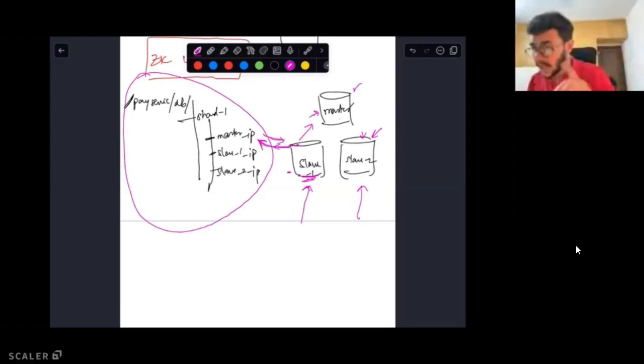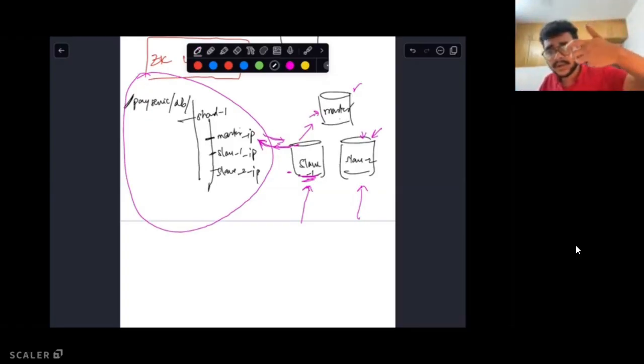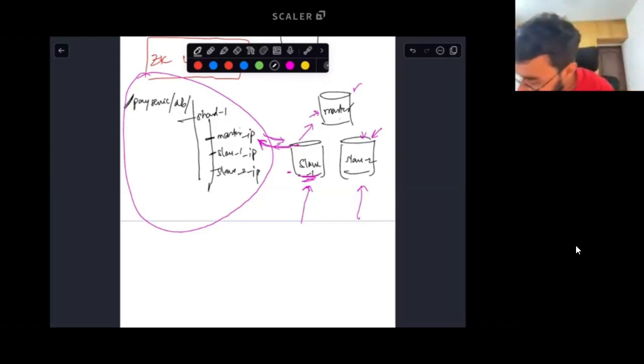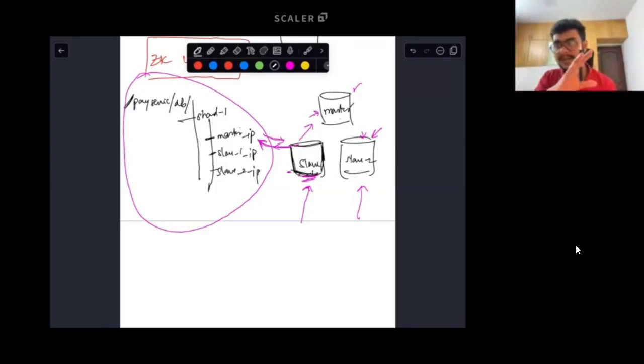Okay, awesome. Now what happens? Let's say the master IP file immediately, for some time, got deleted. In that case, your slave should understand that this file has been deleted, or a new value has been written into this file, and I need to update my read request.